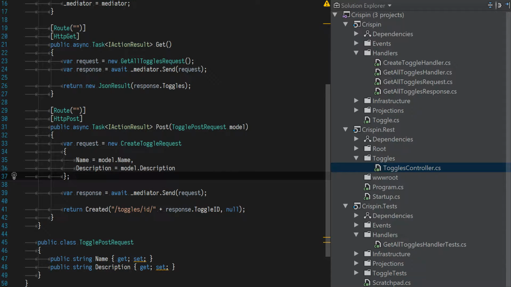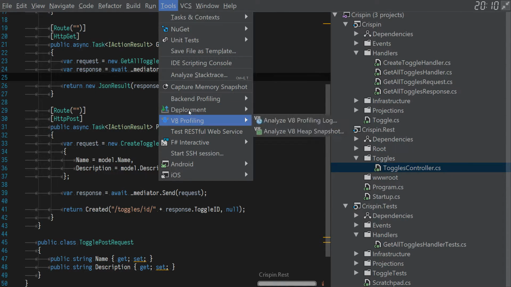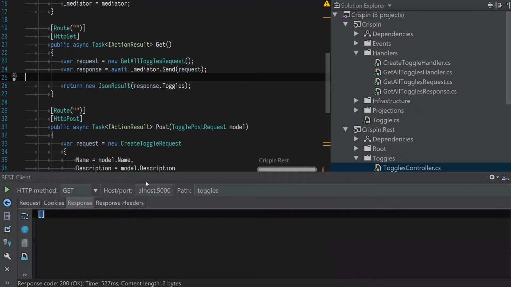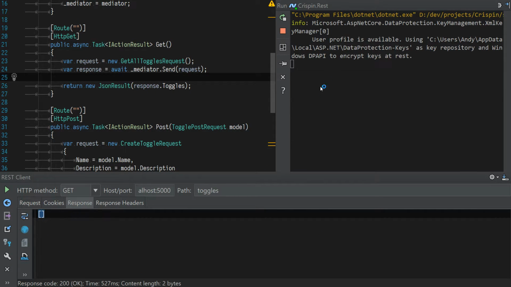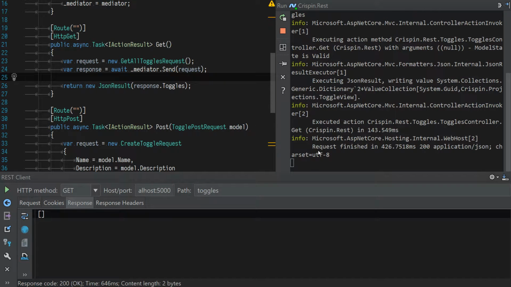Yeah, that should maybe work. Also means that when this gets saved, we will then be able to fetch from there. Let's see. So again, let's use the RESTful service testing tool. Right. So now that the server's running, if we do a GET request to the toggles endpoint, we get